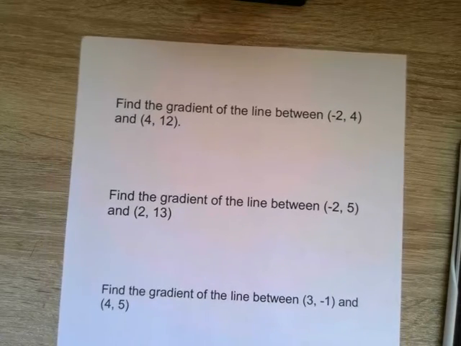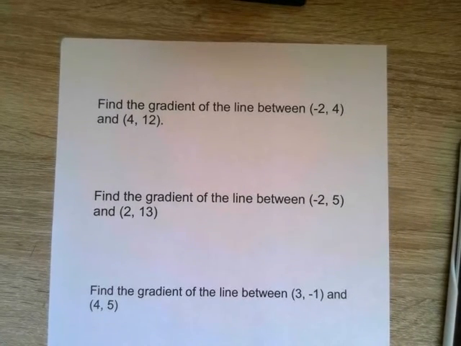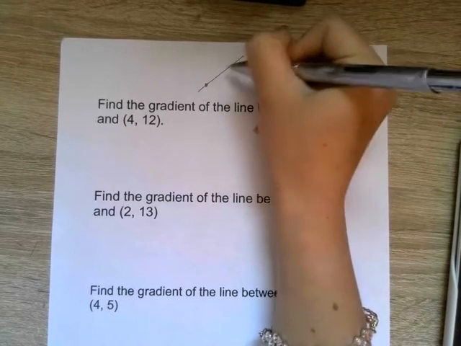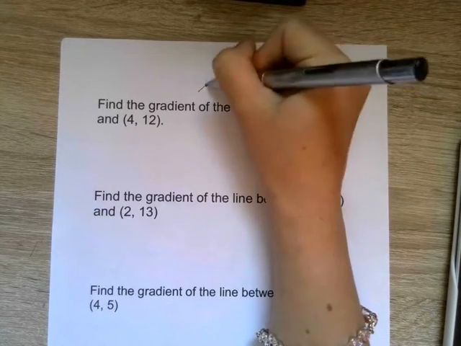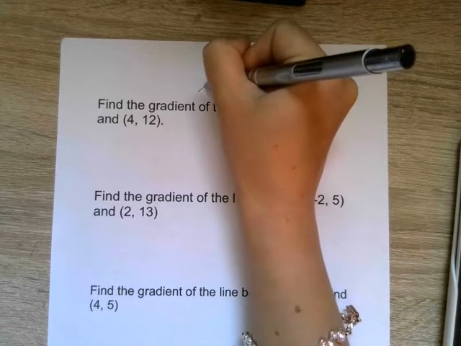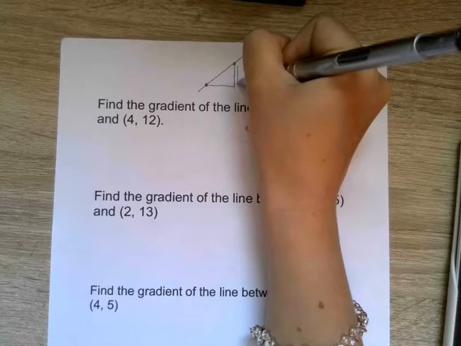So back to today's lesson, so finding the gradient of the line between these 2 points. Now the gradient of the line is the steepness of a line. So if you've got a line like this, and you've got 2 points that you know lie on that line, to work out the gradient, it's the difference up divided by the difference across,